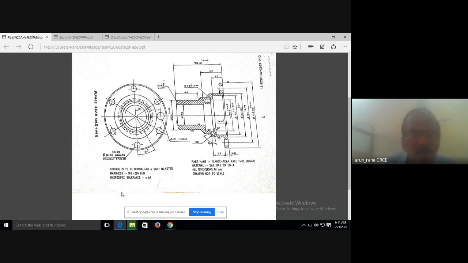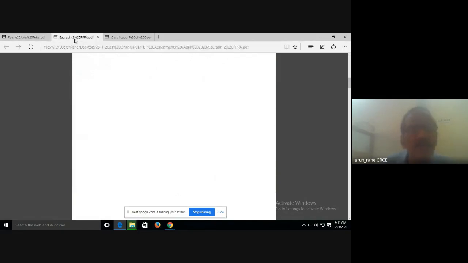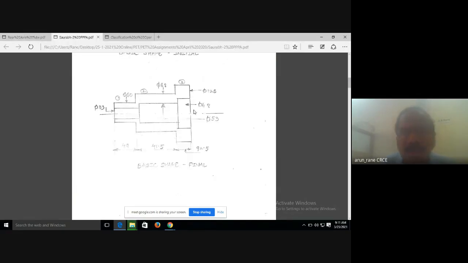and then for the inside diameter he has again taken 3 steps, that is 33, 53 and 68. And remember, when you are taking IDs, inside diameter, you have to subtract it.